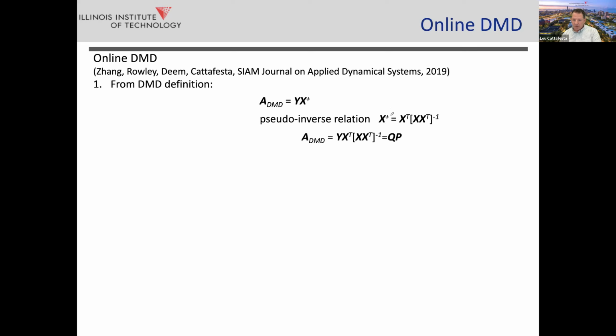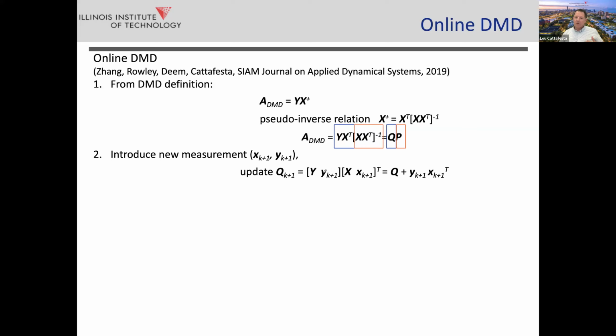So if I look at this pseudo inverse relationship, you can see that I'm going to break this apart into two different products of matrices. The first one, Y times X transpose, I'm going to call Q. And the second one is the inverse of X times its transpose, and we'll call that P. Okay, so the idea is, remember, you're taking a new set of data, and this then increments X and Y. So we'll call that X at K plus 1 and Y at K plus 1. So what we do now is create these augmented Q and P matrices. So we had Y, and now we add its new value. We had X, and we add its new value.